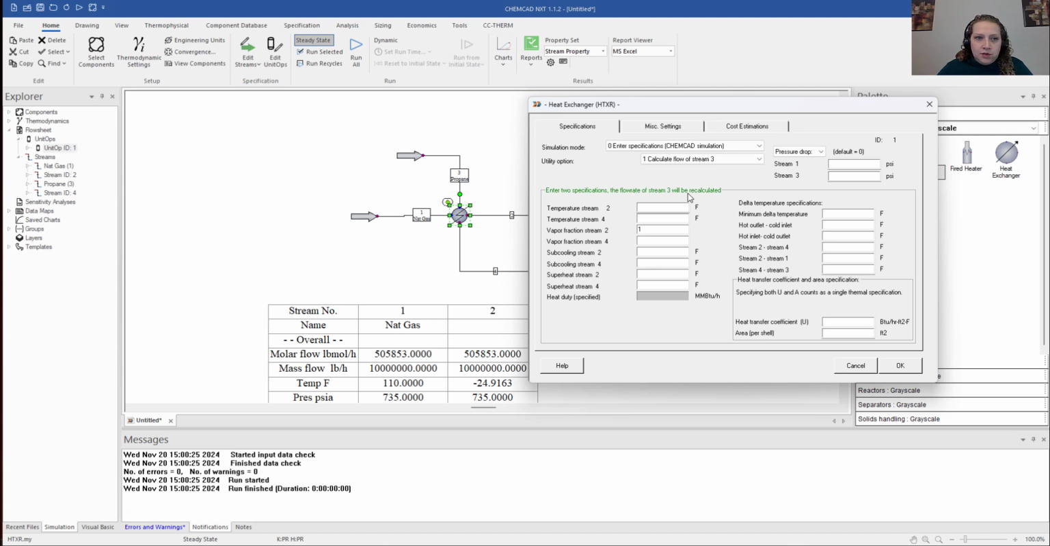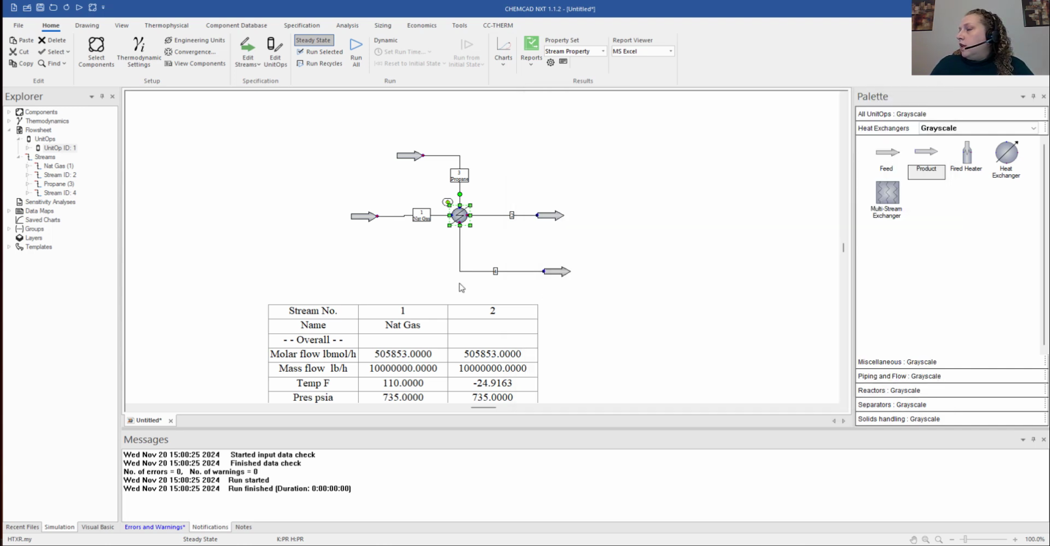So I just threw in a guess flow rate in my propane stream, but it can recalculate the flow rate for me. So I might say that the temperature of stream 4 is going to be 60 degrees Fahrenheit. Okay. And now I can run all